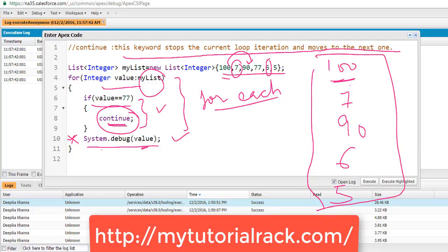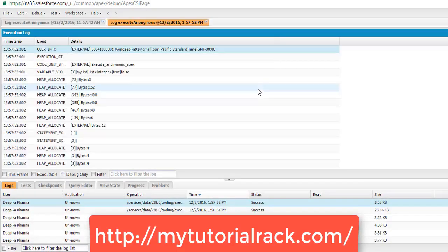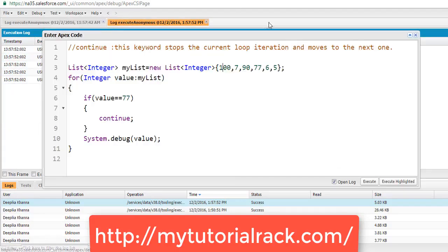Let's go ahead and see if we are thinking right. So now if I go back and hit the execute button here, you can see that the 77 number did not get printed. Now if I go back and let's say I have twice 77 in my list. I have 77 here and then I have